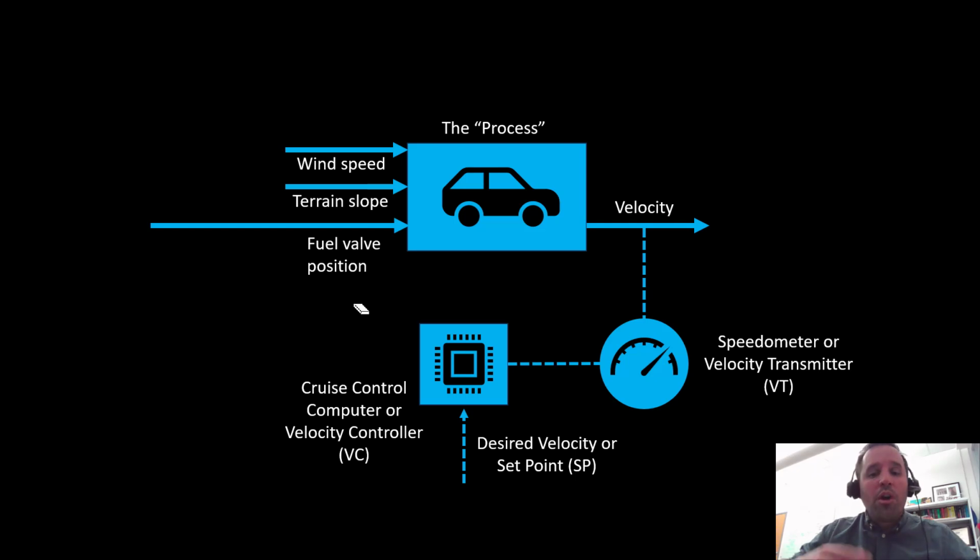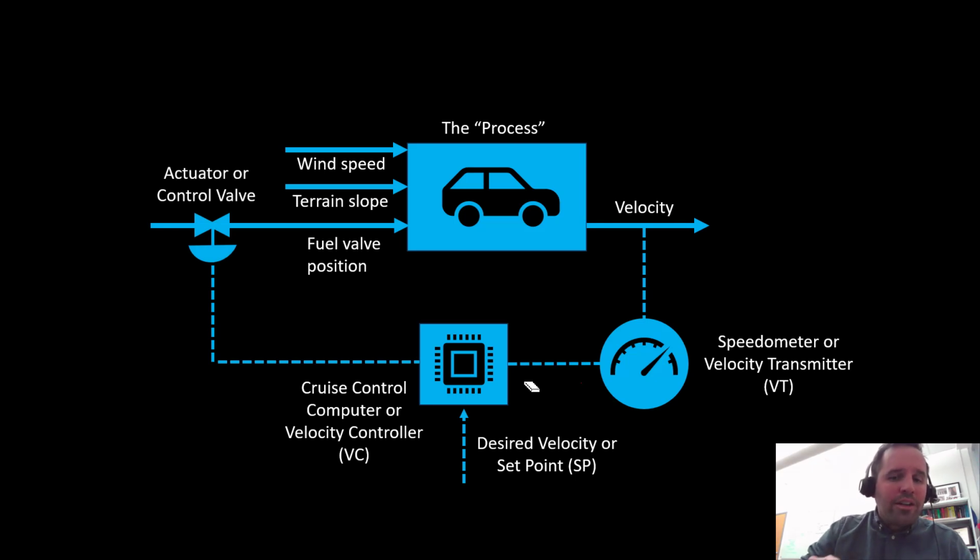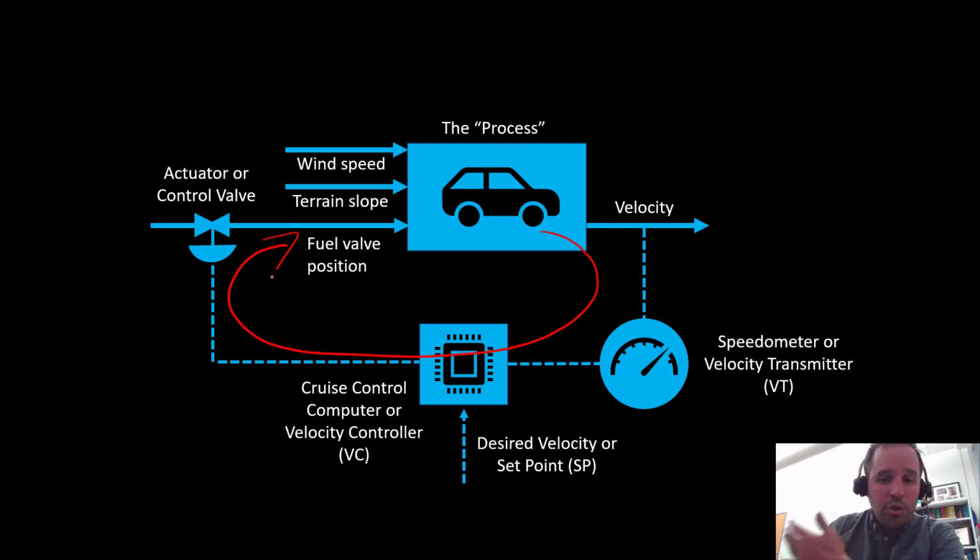So this computer is going to run an algorithm based on the present and past information that it has received from our velocity transmitter. It's going to run this algorithm, and it's going to recommend a desired fuel valve position. So our velocity controller, or VC, is going to tell our fuel valve what position it needs to be in to give us the desired velocity. So you can see this flow of information makes a loop, and so we'll call this a closed loop control